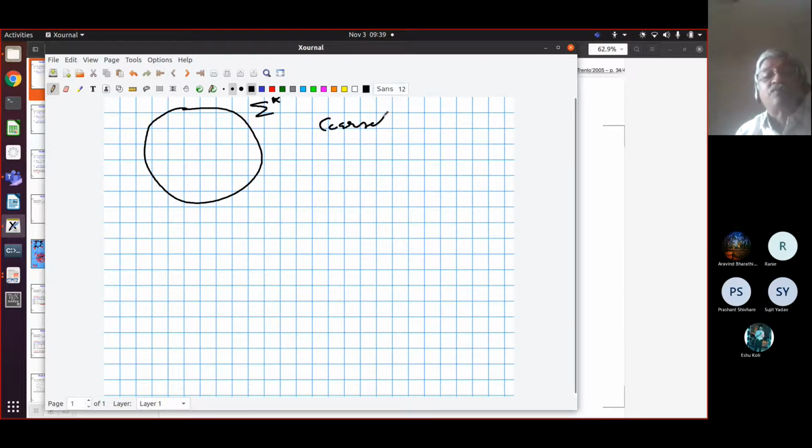So this is the coarsest possible equivalence on sigma star. Another is that every word is equivalent to only itself. X equivalent to Y implies X equal to Y. So if X and Y are distinct, they are not equivalent. So how many equivalence classes will I have? As many as words in sigma star, right? Which is infinite, right? So there can be many different equivalences, right? You get that, Arvind? Yes, sir.